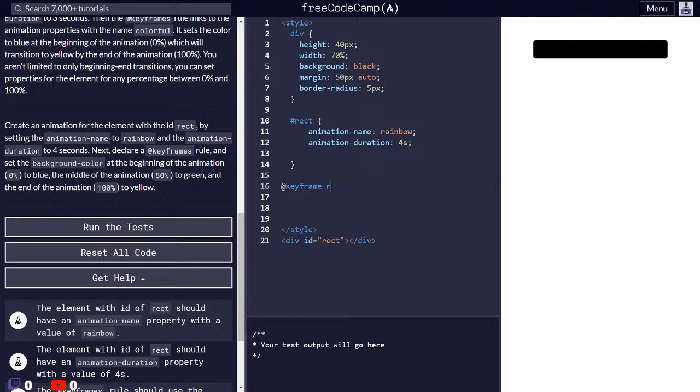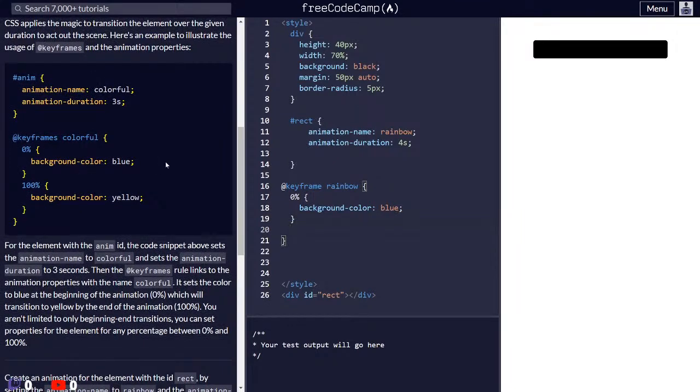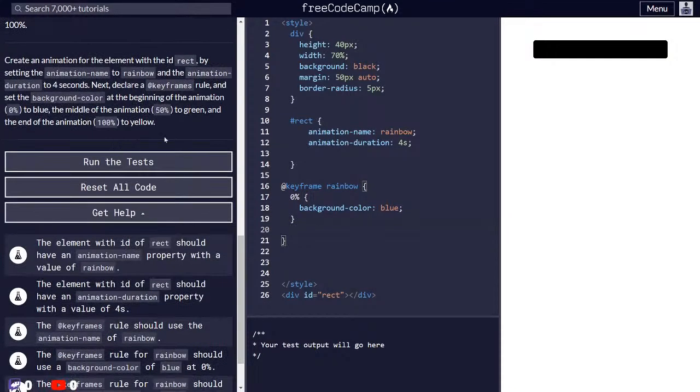keyframe rainbow at 0% background color blue. So like this only, at 0% background color blue,